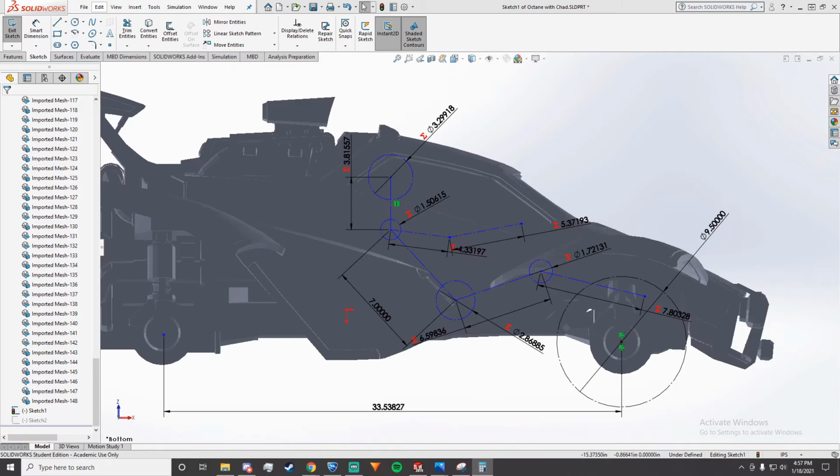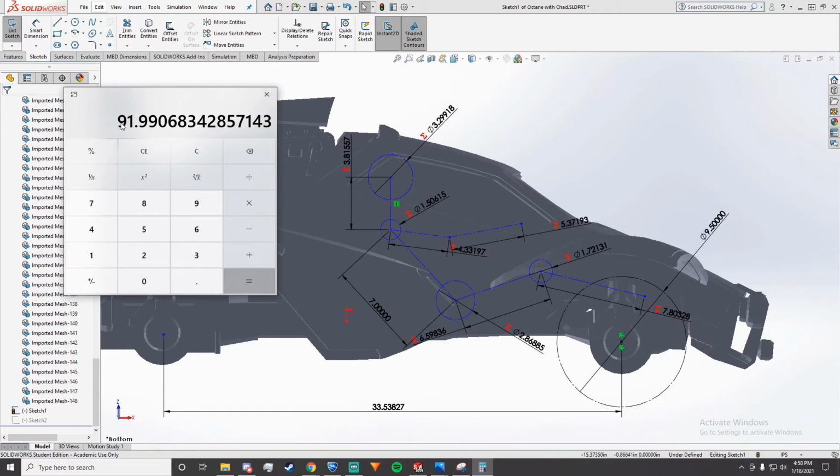But using that 7 is a lot better than what we started at, 5.8 on the overall scale. And just like that, that's a 92-inch wheelbase. That's already another 7 inches off between the wheels. And then